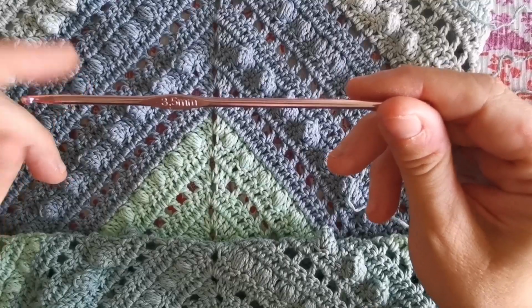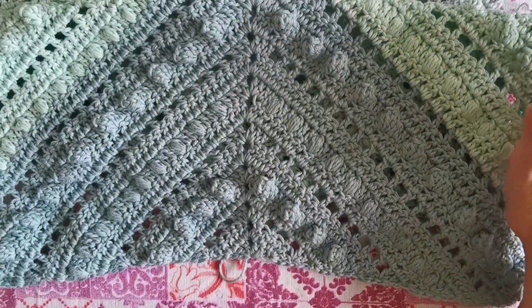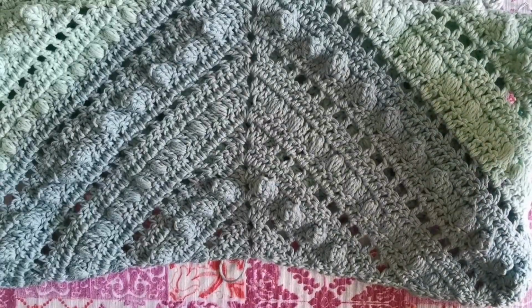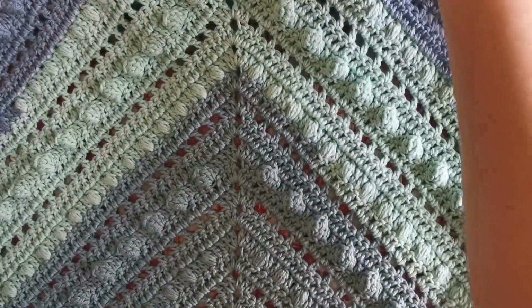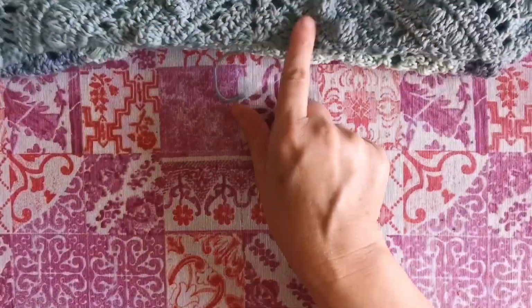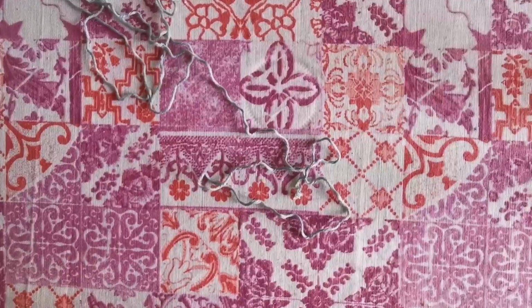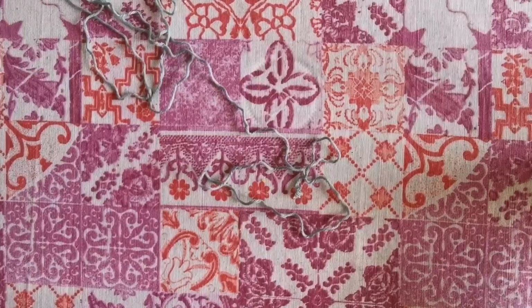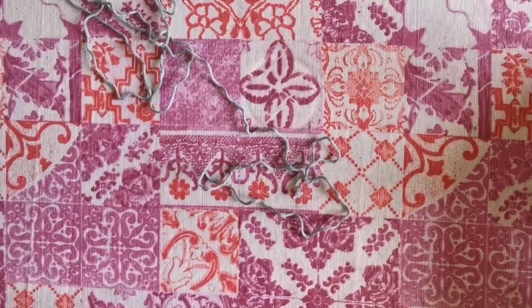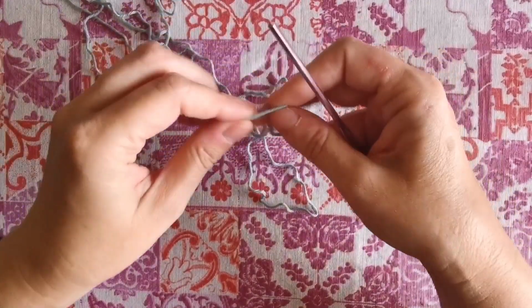So let's begin. The dress is made of two panels sewn together, worked bottom up. This is the first panel, which is already completed and is worked from the bottom. So we will begin from here. I will now begin with the second panel that is going to be identical to the first one I've shown you. So here I am with my yarn,